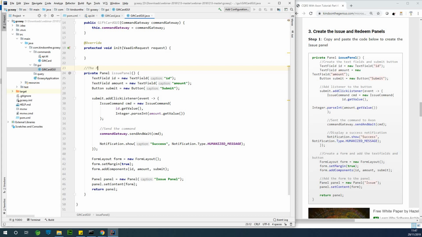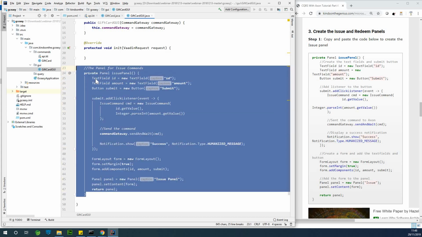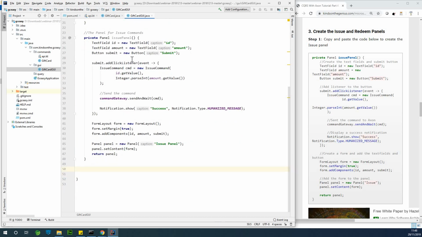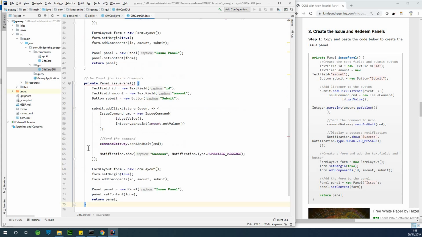The panel for issue commands. All right. So let's just copy and paste and then modify it to have the redeem panel. So I'm going to just paste. In this case, I'm going to have panel for redeem commands, and I'm going to just change the name here